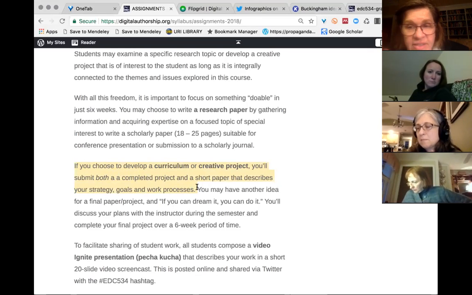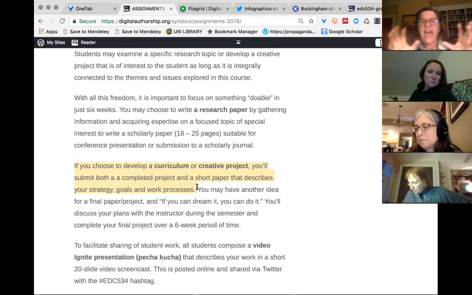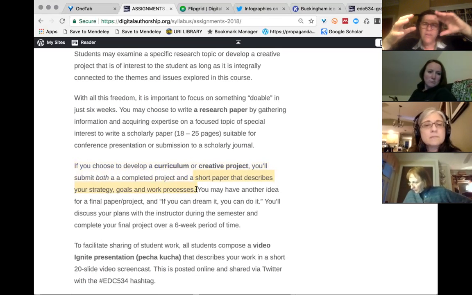I'm imagining this is kind of like a blog post, right? Blog post length, 500, 700 words, could even be 400 words, could be longer. But that short paper or blog post allows me to understand how you are making your choices with your creative project, right?